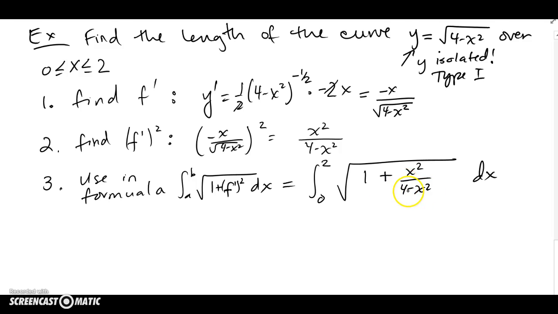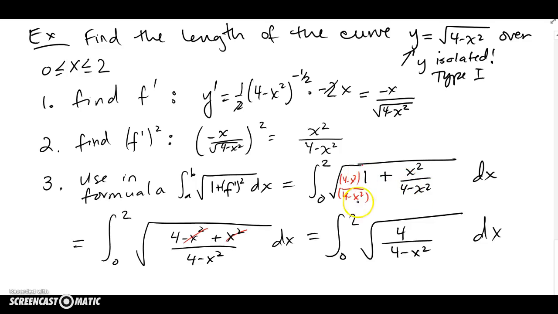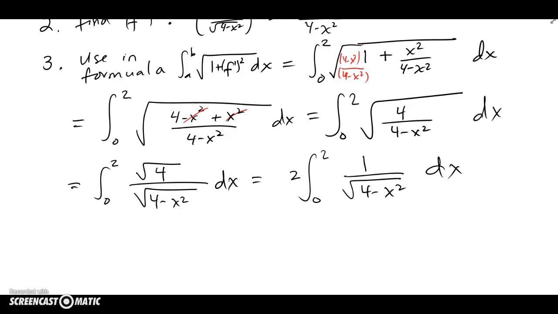So I'm going to get a common denominator. Multiply the 1 by 4 minus x squared top and bottom, to get the common denominator 4 minus x squared. We got 4 minus x squared plus another x squared. Cancel the x squares. And now we're up to here, and let's maybe split the radical into a top and bottom and take out something outside. So square root of top over square root of bottom, and that pops out at 2. I'm going to pull it outside, and I have 1 over the square root of 4 minus x squared,